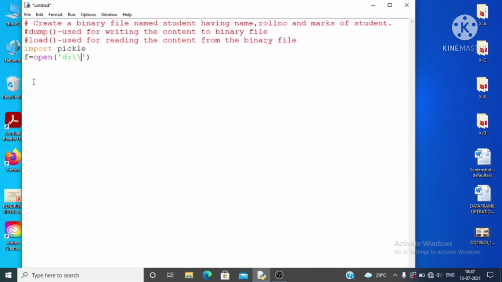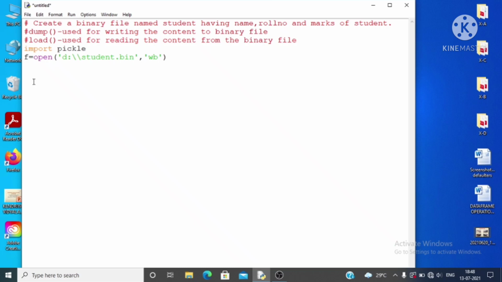In this case I want to create my binary file in D drive, so I have written the name of the drive and after that the name of the file, dot extension bin. Binary extension bin, and dat extension is also used for creating a binary file. The second parameter will be the mode in which you want to open your file. I want to create a file having some content, so first of all I need to write the content to the file. That's why write mode is there in the second parameter.